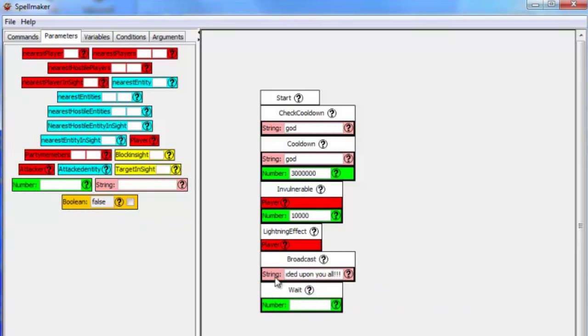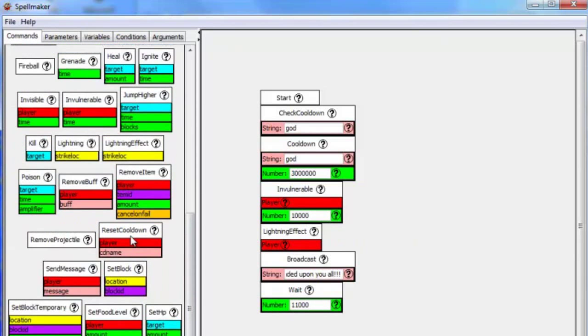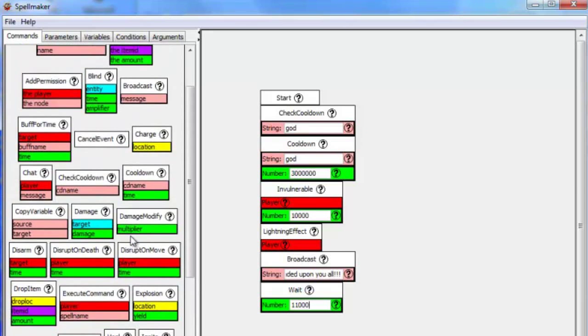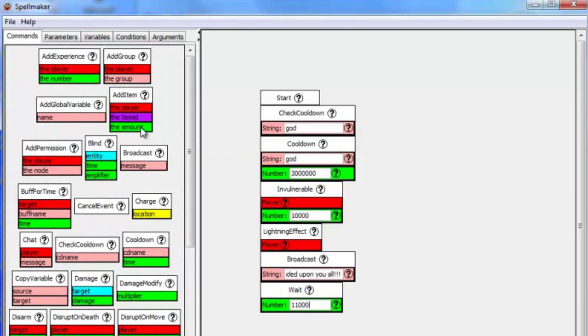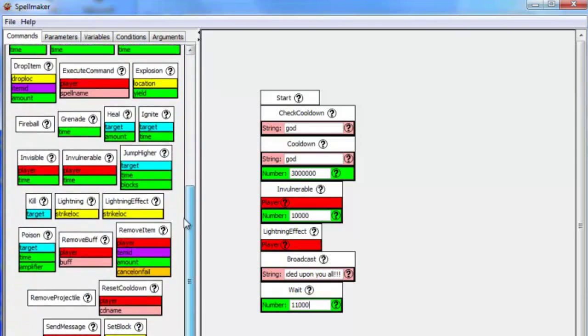So now for the wait, I'm going to make the player invulnerable for 10 seconds, so I want the command to wait 11 seconds, and once that wait time is over, I want the player to be killed because he has done something very wrong, and becoming invulnerable is not natural. So, okay, let's see. Looking for the kill command, and